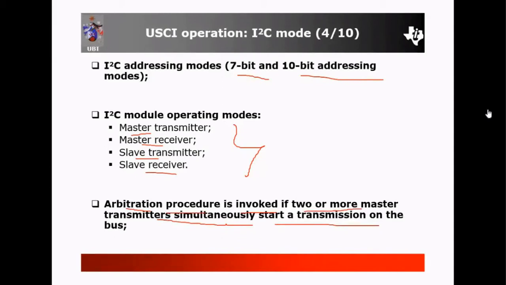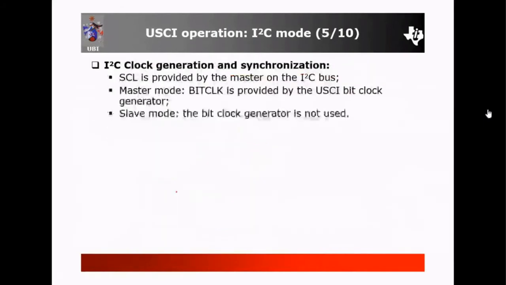At a time, any one master can transfer the data. So in these situations, the arbitration procedure is invoked. You are not able to transfer the data simultaneously, so you have to allow the masters one by one to transmit the data on the serial data line.